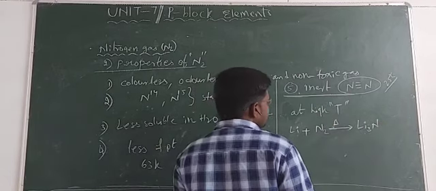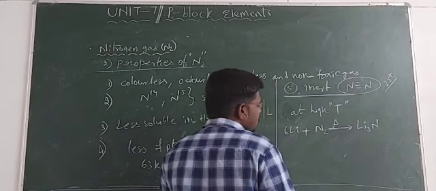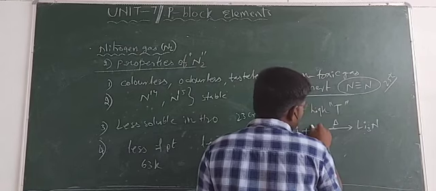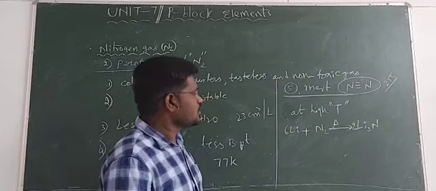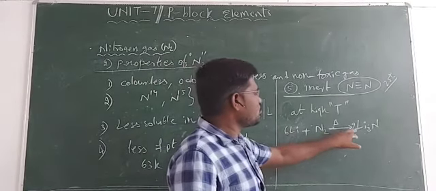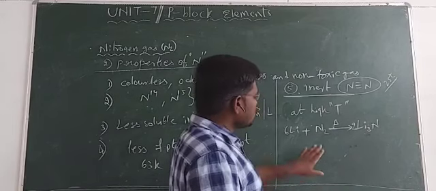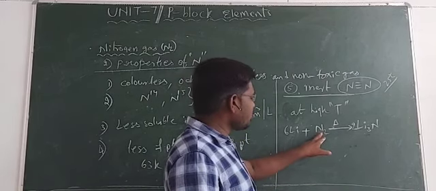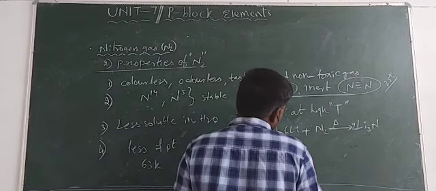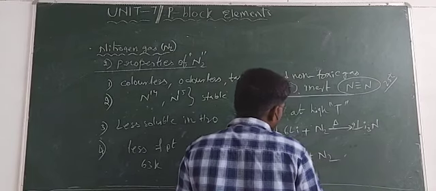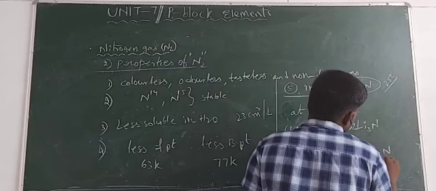So to balance this equation, you need to take 6 moles of the lithium and 3 moles of the nitrogen. So 6 lithium atoms are there, and 2 into 3, 6 lithiums, and 2 nitrogens. So at high temperature, when nitrogen is treated with a metal lithium, you will get lithium nitride. And next one more example. When nitrogen is treated with magnesium at high temperature, you will get magnesium nitride, that is Mg3N2.